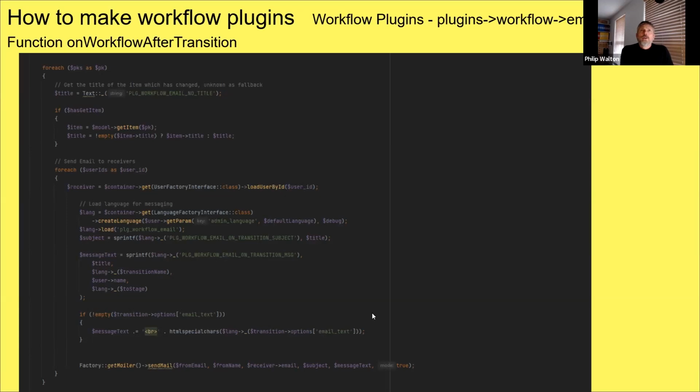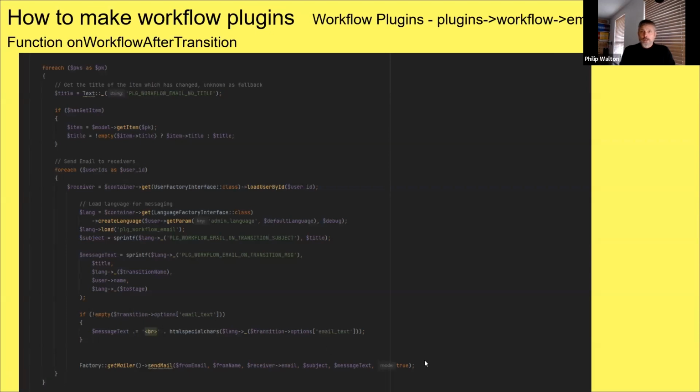And then we're going through the whole lot here, looking for the title. We're looking for all the bits to build up the message: the receivers, the languages, we're checking the languages. We've got the subject being produced, and the message text being built up. And we simply squirt that through with the special characters, and that gives us our actual message text,